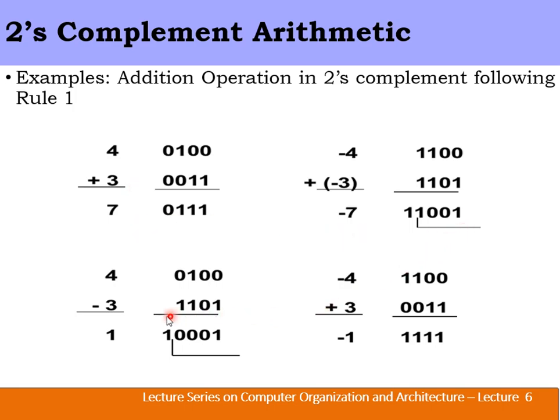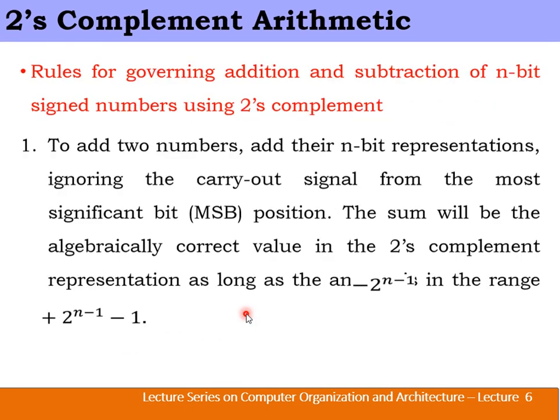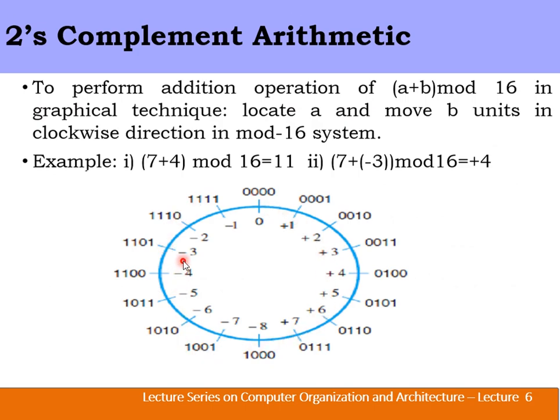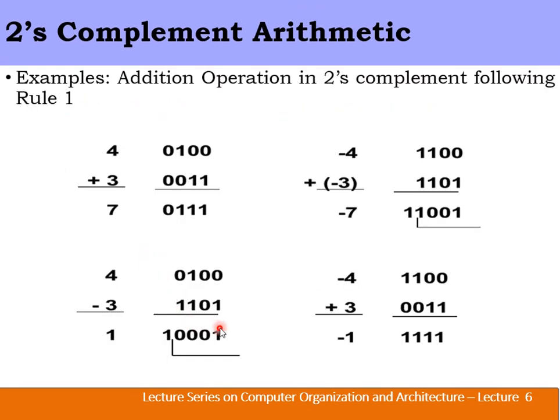Similarly, we have 4 minus 3. 4 is indicated as 0100, whereas minus 3 you can check in the graph method. Minus 3 is nothing but 1101. So copy that number 1101 here and perform the addition operation. 0 plus 1 is 1, 0 plus 0 is 0, 1 plus 1 is 0 with a carry of 1, again 0 plus 1 is 1, and the carry from the previous, third position, we got as 1.